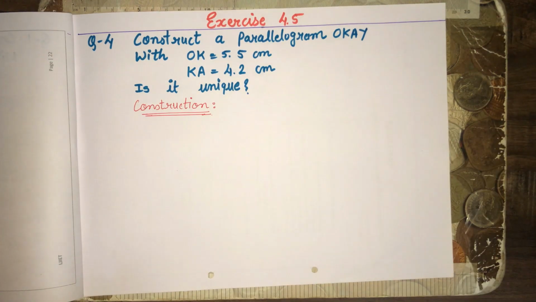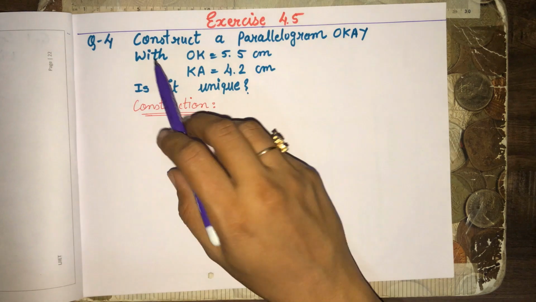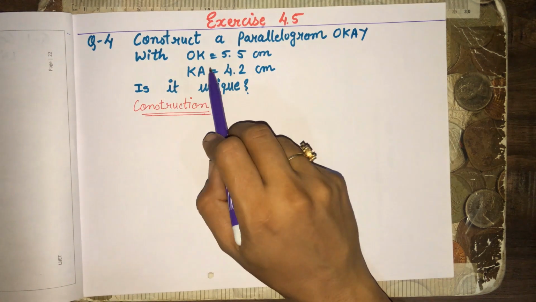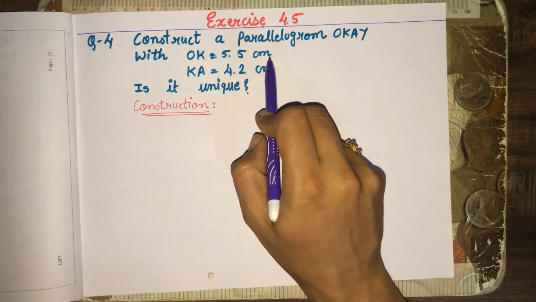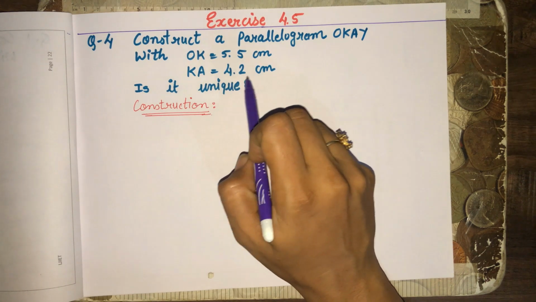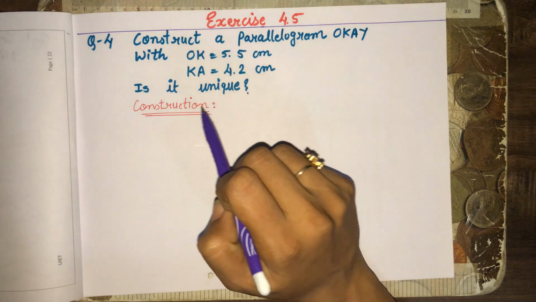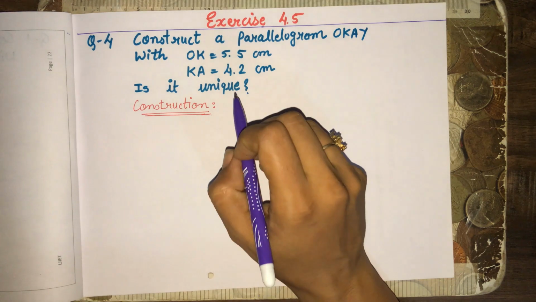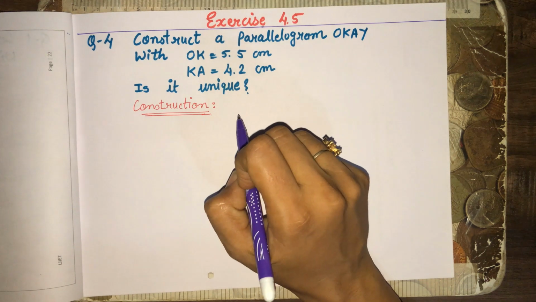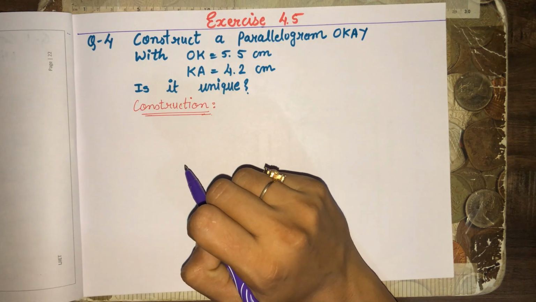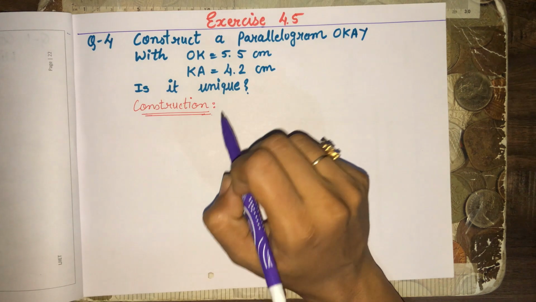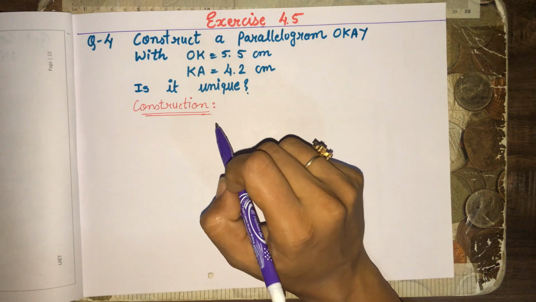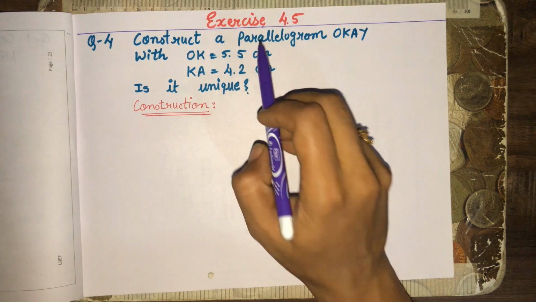Exercise 4.5. Construct a parallelogram OKAY with OK equal to 5.5 centimeter, KA equal to 4.2 centimeter. One more question is there, is it unique? So first we have to construct the parallelogram, and then we will come to know if the given parallelogram is unique or not. So first, starting with OK 5.5 centimeter,